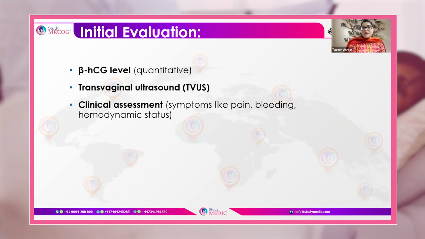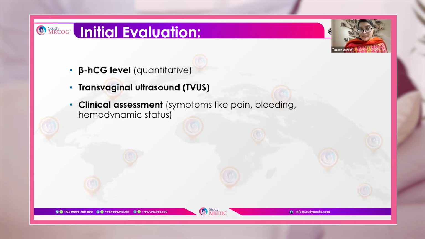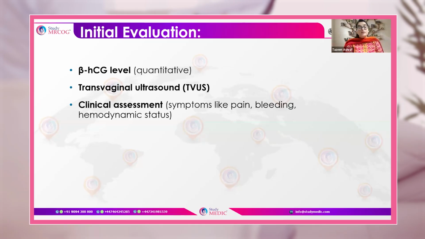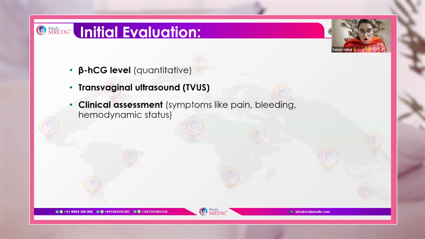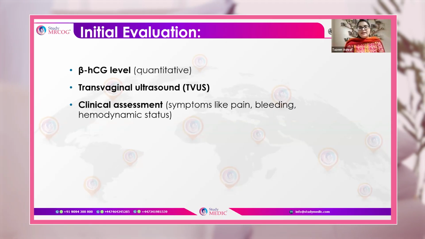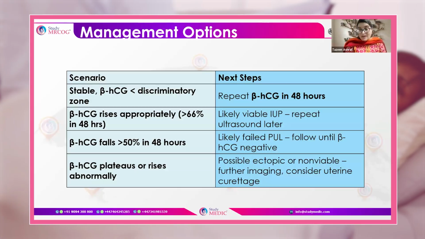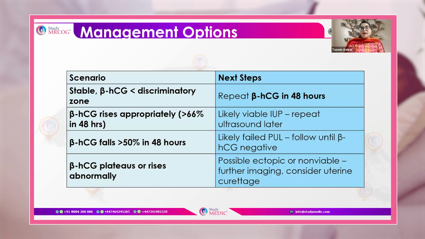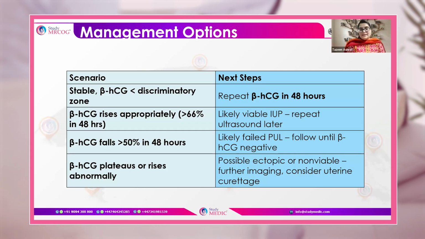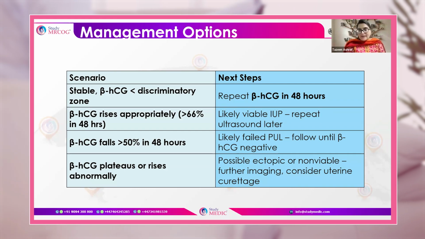the uterus. The investigations which we can carry out are beta HCG levels, transvaginal scan, and clinical assessment of the patient is very, very important in all early pregnancy problems, like how the patient is presenting. They are presenting with pain, bleeding, or hemodynamic instability. That is also very important. So if beta HCG is less than the discriminatory zone, we need to repeat beta HCG in 48